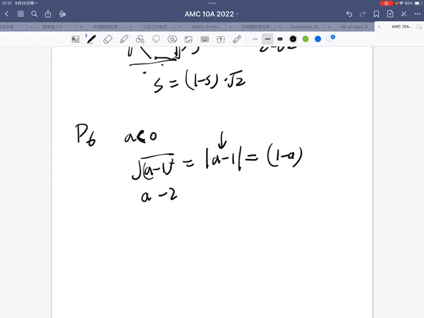a minus 2 minus 1 minus a, which is equal to a minus 2 minus 1 plus a, which is equal to negative 3. The heck? Wait, did I do something wrong? Oh, I did not, because absolute value sign. So the answer is